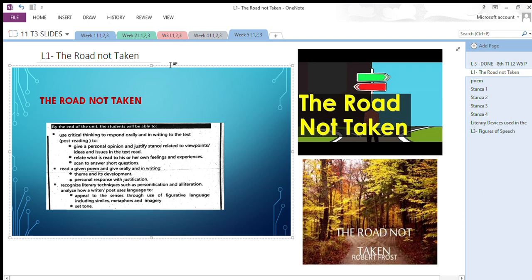Today we are going to read a poem, The Road Not Taken by Robert Frost. By the end of this unit, you'll be able to understand the poem. You'll be able to use critical thinking to respond orally and in writing to the text. You'll be able to understand different figures of speech used by the poet. So here is the poem,